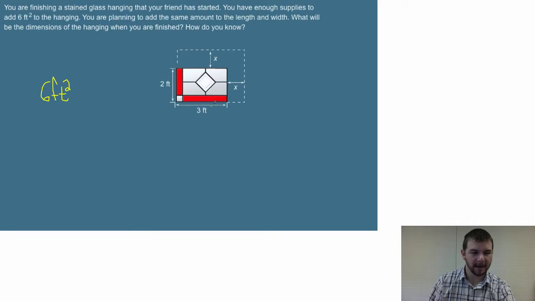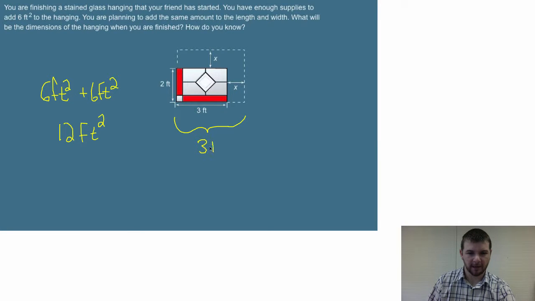So we're beginning with a hanging of 6 square feet, and we're going to add 6 more square feet to that. And that, of course, equals 12 total square feet. Note also that we can write the new length as 3 plus x feet, and we can denote the new height as 2 plus x feet. And then we know that 2 plus x times 3 plus x would equal our new total area, and so we can write